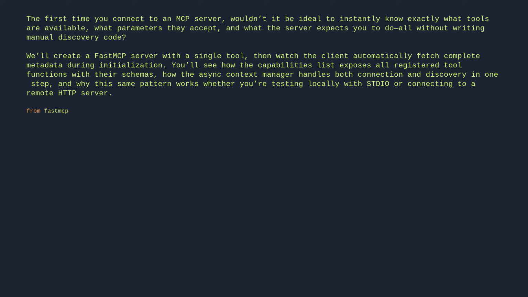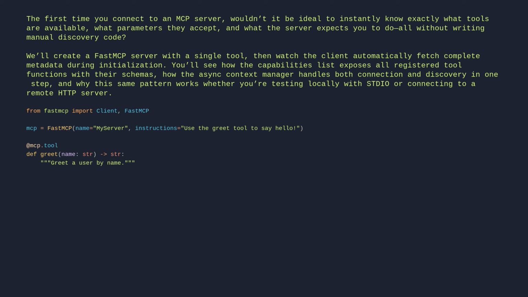from fastmcp import Client, FastMCP. mcp = FastMCP(name="my server", instructions="Use the greet tool to say hello."). @mcp.tool def greet(name: str): "Greet a user by name." return f"Hello, {name}". async with Client(mcp) as client: